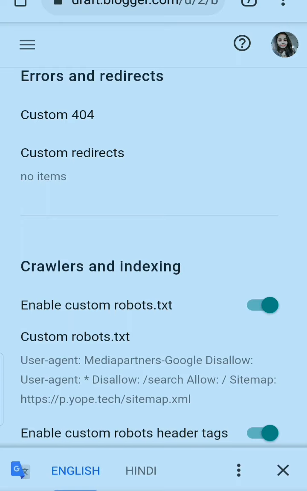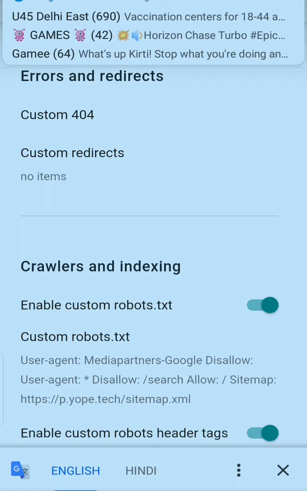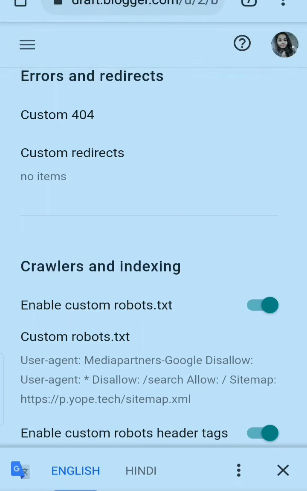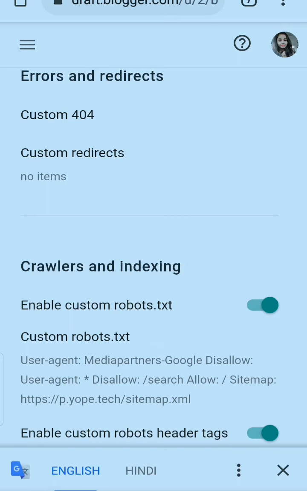Your article is on search results. People are coming there, but they are not finding anything. In this case, the users who are visiting your website are not finding content. So this is a bad thing for your website. This is bad for your website's SEO. In this situation, what you can do is set a custom 404 page.